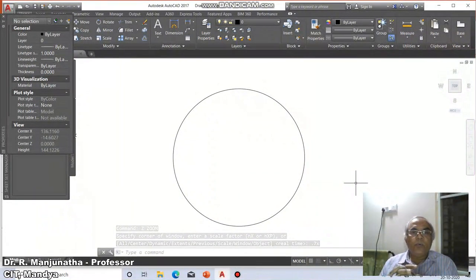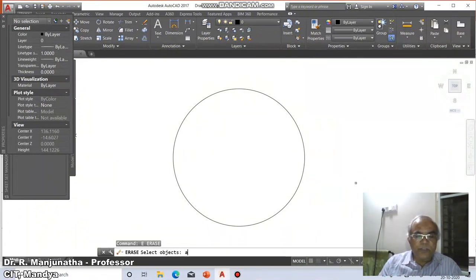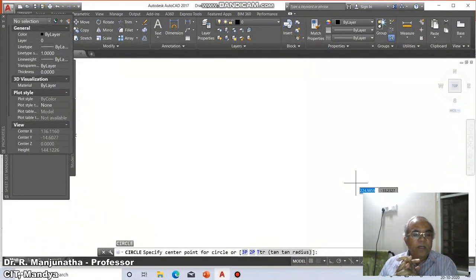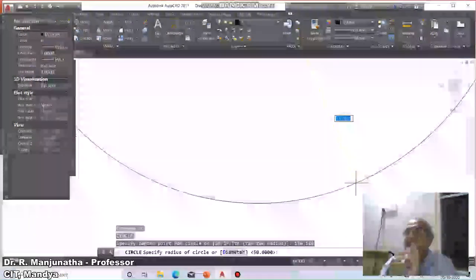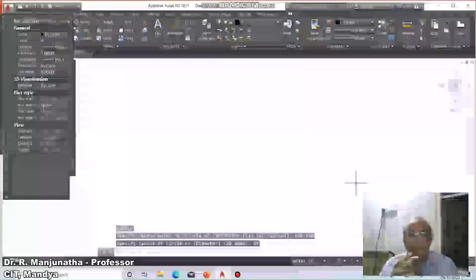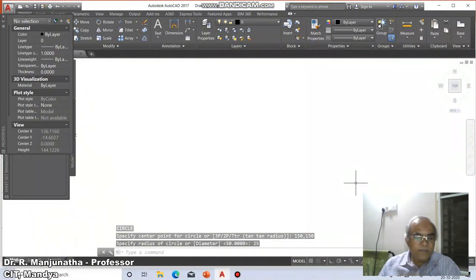So this is how we are able to execute the first option. Suppose I want to draw a circle with the center point 150,150, and then if I type the radius as 25, it is going to take the radius of the circle as 25 mm.